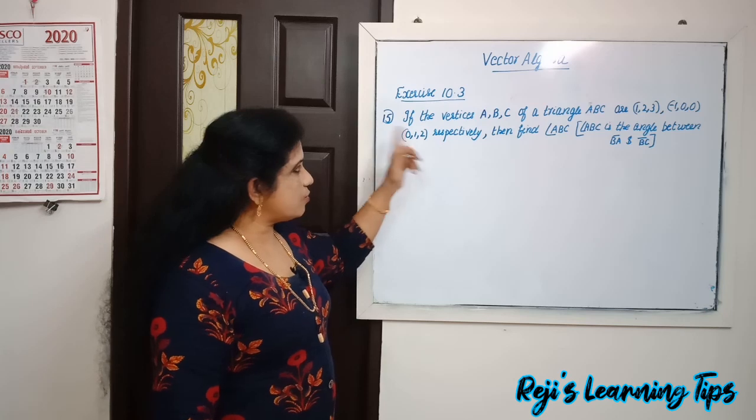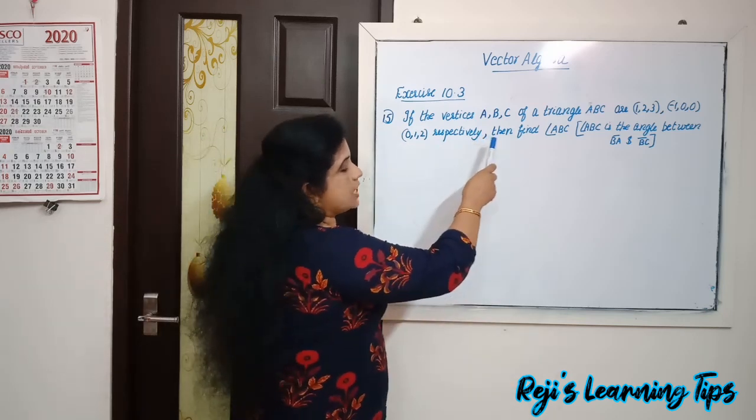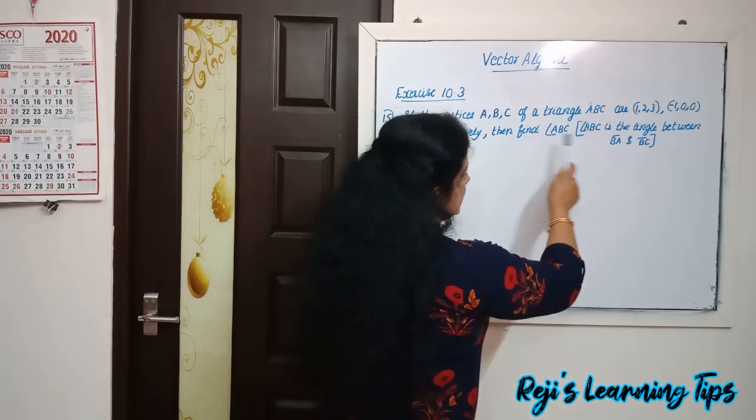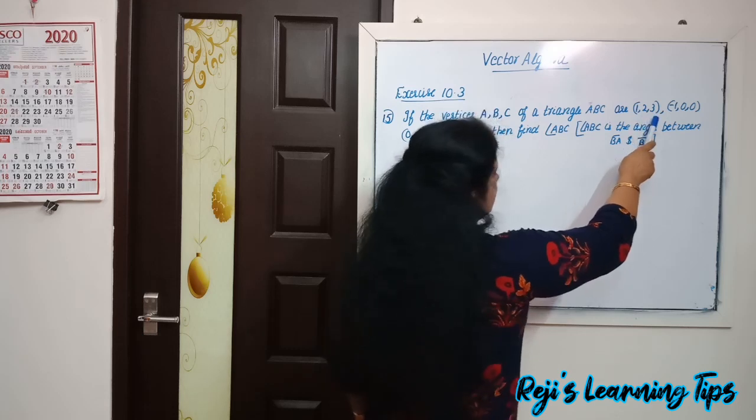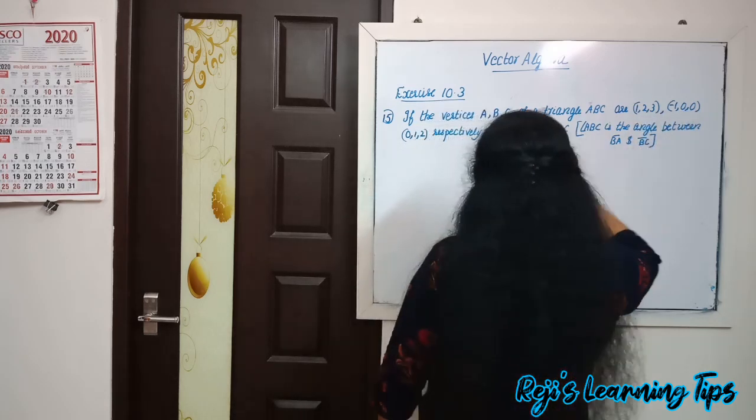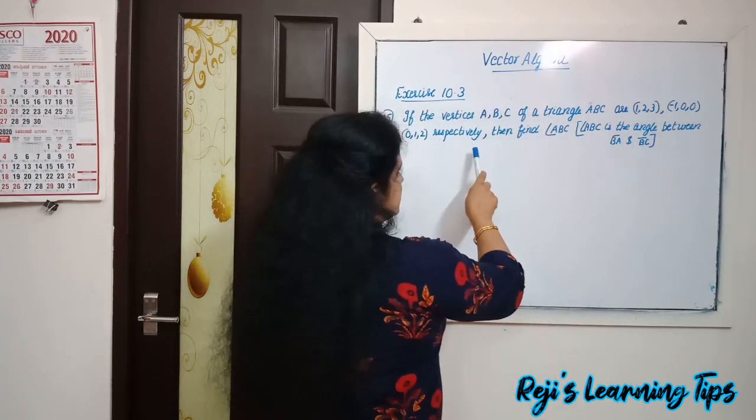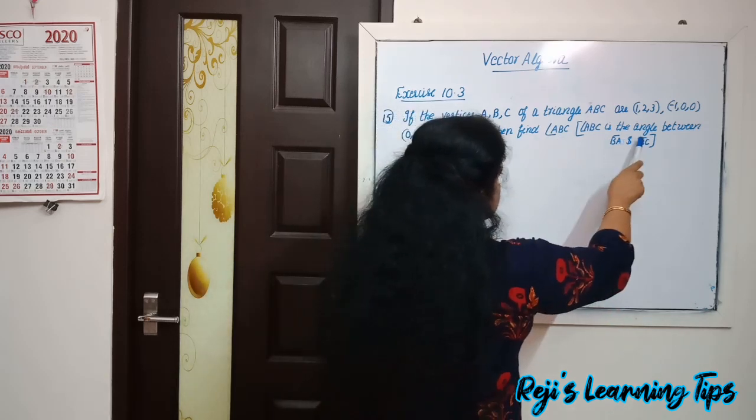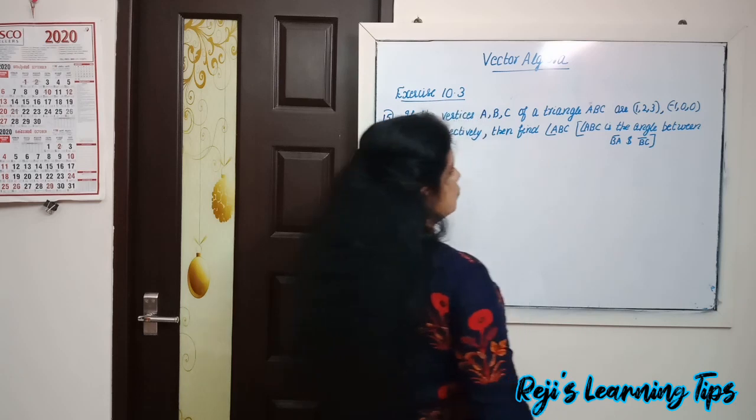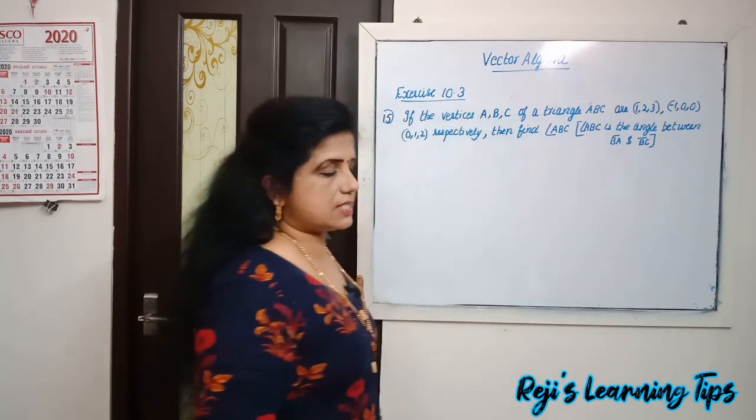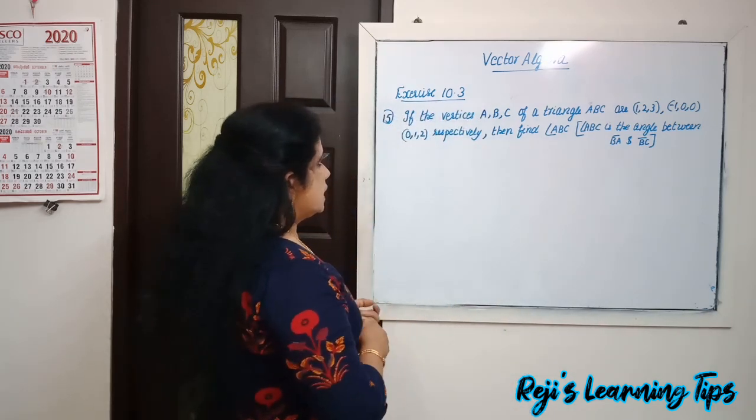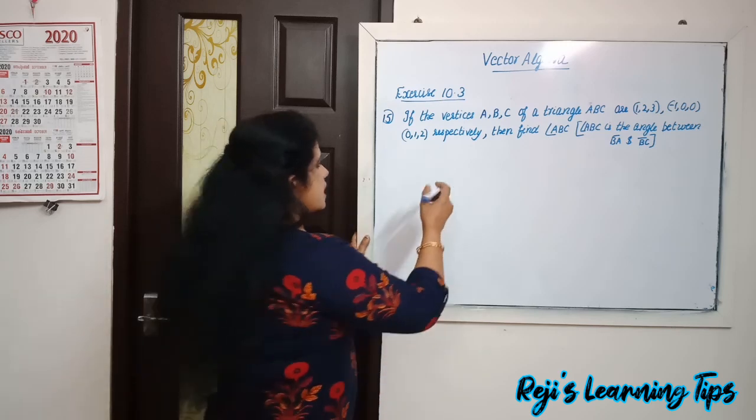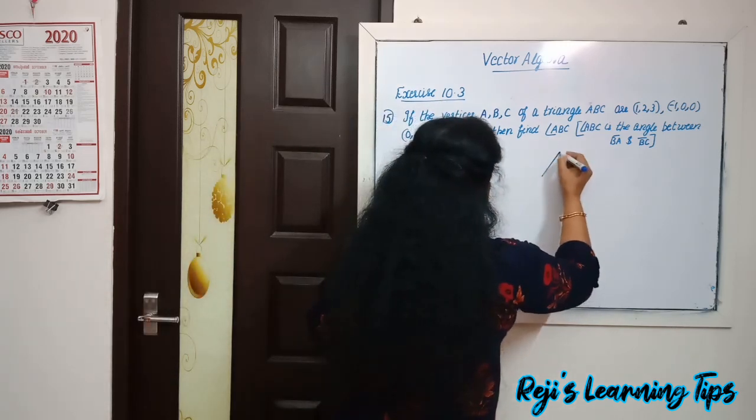15th question. If the vertices A, B, C of a triangle ABC are (1, 2, 3), (-1, 0, 0), (0, 1, 2) respectively, then find angle ABC. Angle ABC is the angle between vector BA and vector BC. Okay, then triangle ABC,